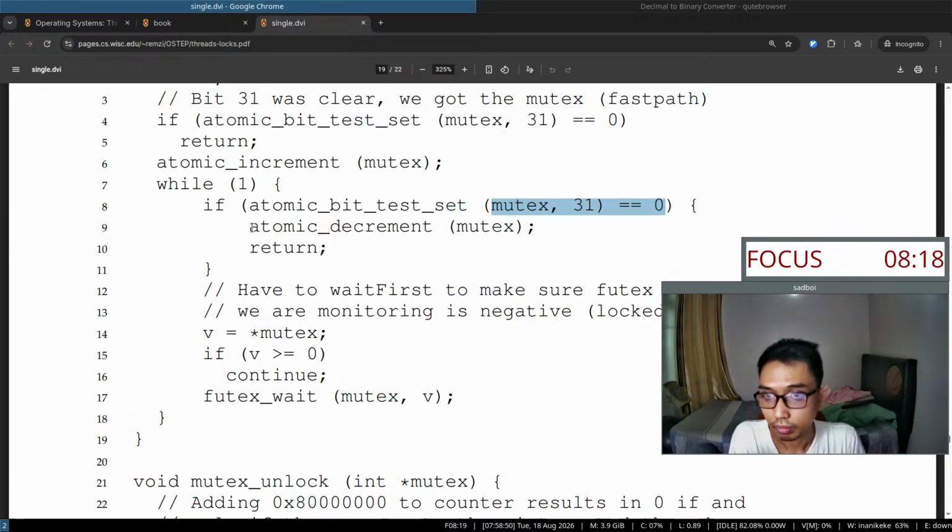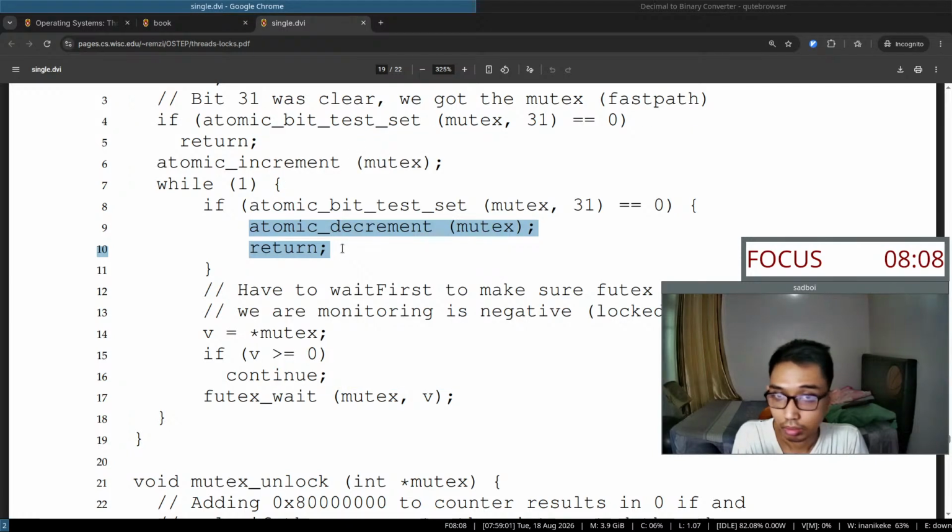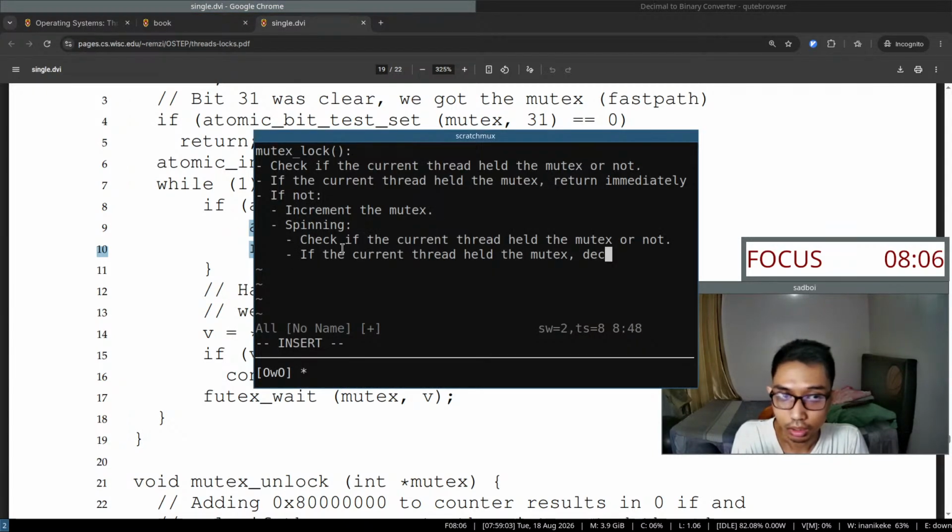Okay, if the current thread had the mutex, decrement the mutex and return immediately. If not,